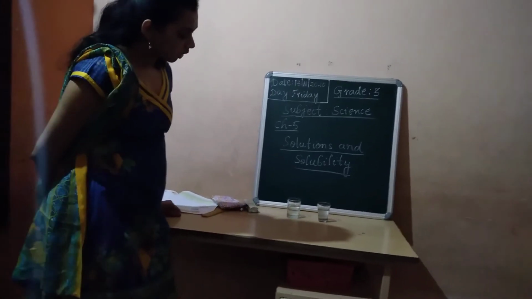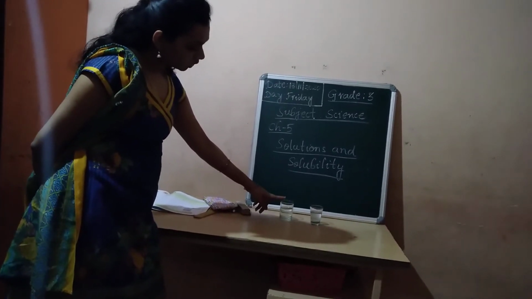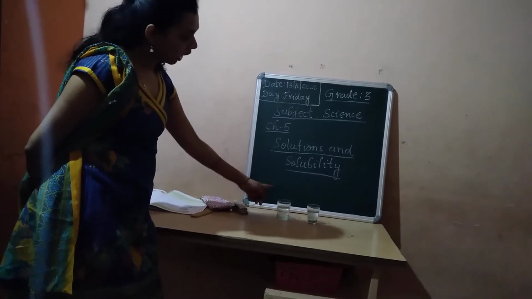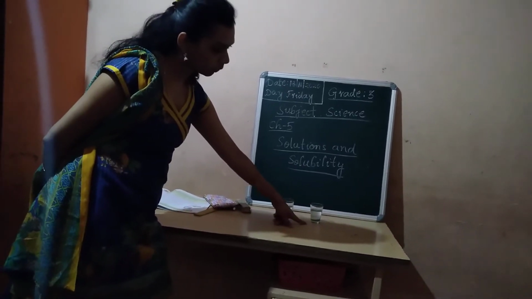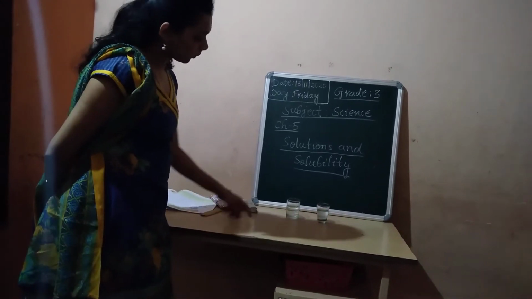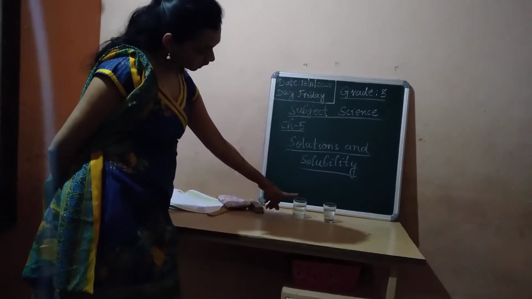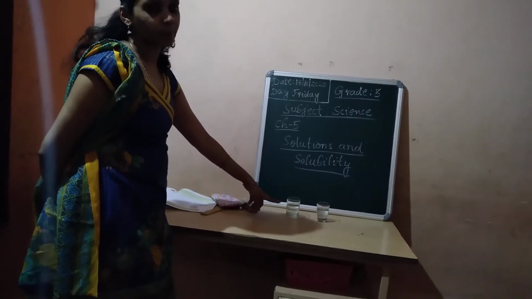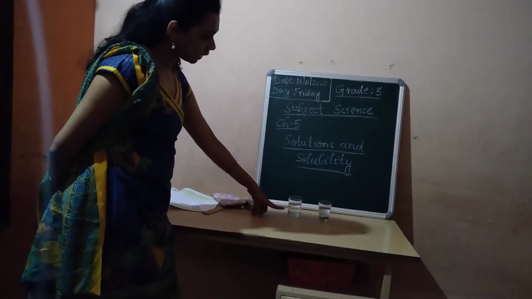Can you see, children? In this glass where I have added sugar, the color is the same, because we all know water is colorless, odorless, and doesn't have a shape. As I have poured it in this glass, it shows the shape of this glass. So it shows the shape of the container in which it is poured. In the first one, the water is of the same color. There is no change in the color, and the sugar is completely dissolved in water.